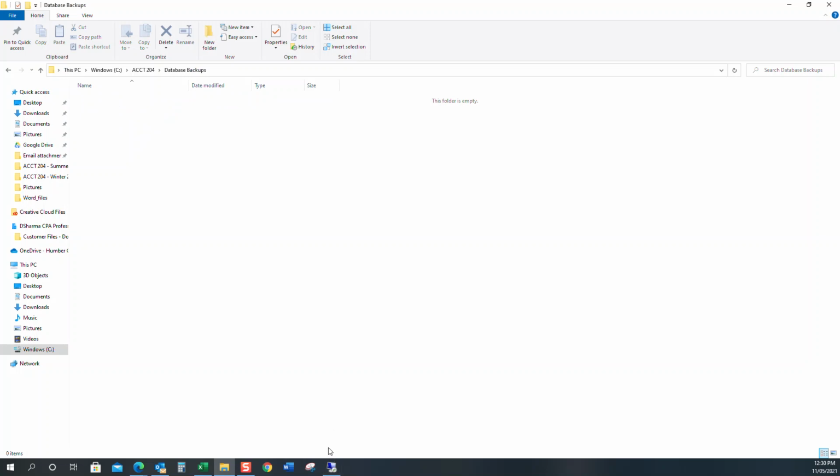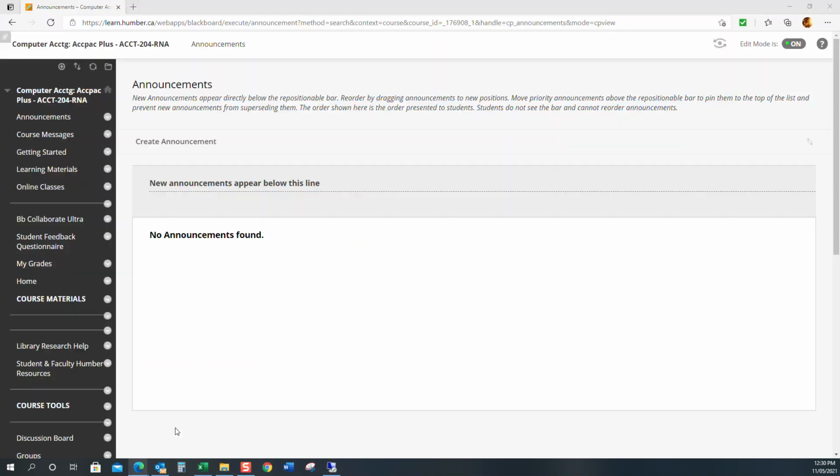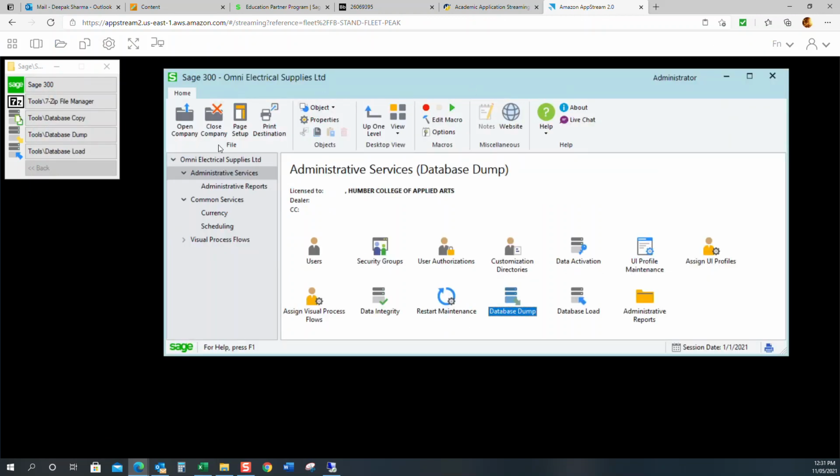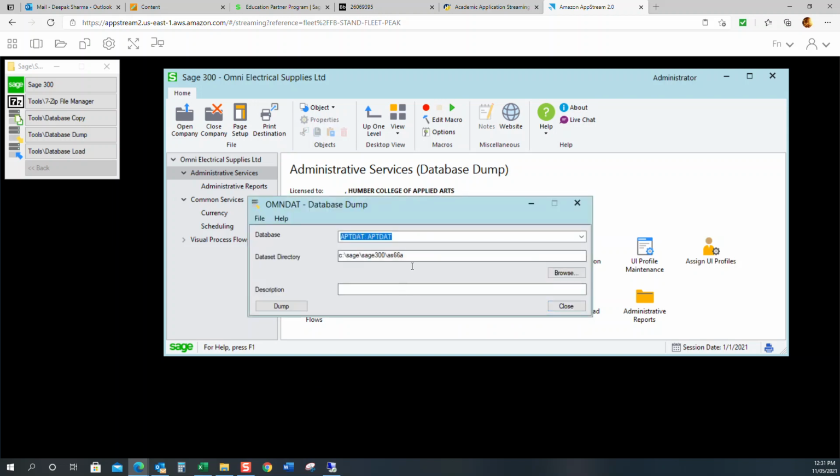So when you finish lesson 1, it doesn't matter whether you work on your computer or on the application, you still have to do the backup. I'm going to show you the process to create a backup on the AppStream, and you do the backup the same way if you're working on your computer as well. I'll point out what the differences are. You are still in the software, and what you have to do is create a database dump. So you go into database dump, and what you're going to do is,